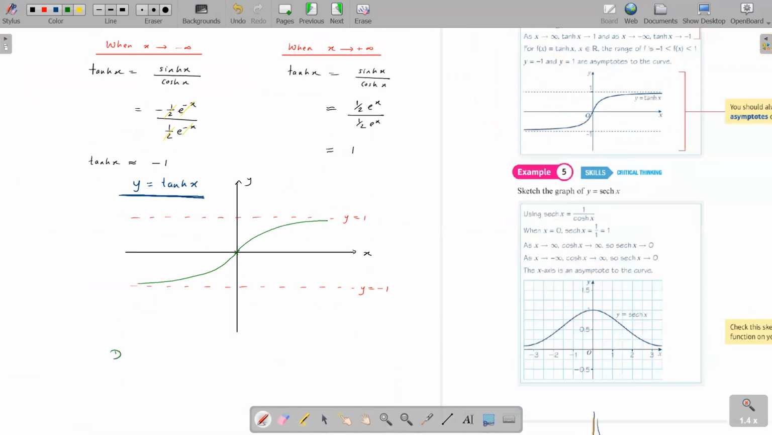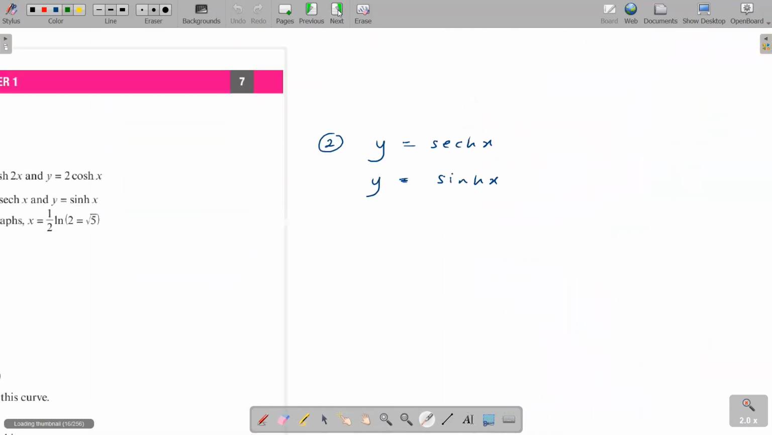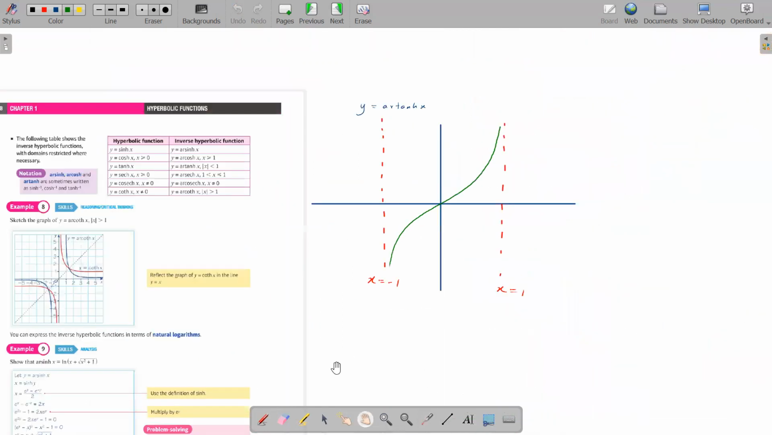The domain was all x. Okay, the domain was all real numbers, and the range, you clearly saw that your range, the y values, were between -1 and +1. Right, guys? I think we discussed this previously as well. So now when you go for the arctan x graph, guys, you can see the domain and range will